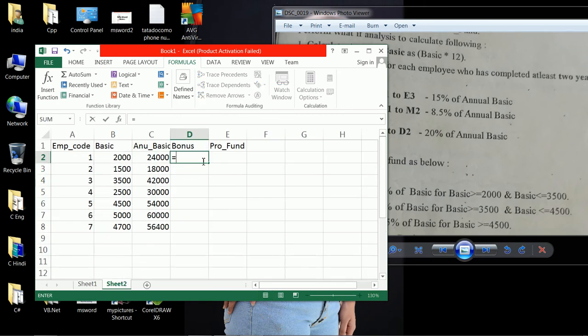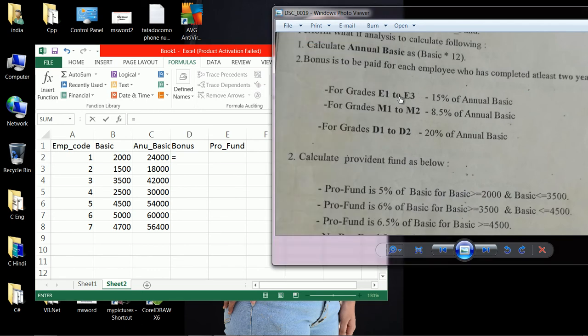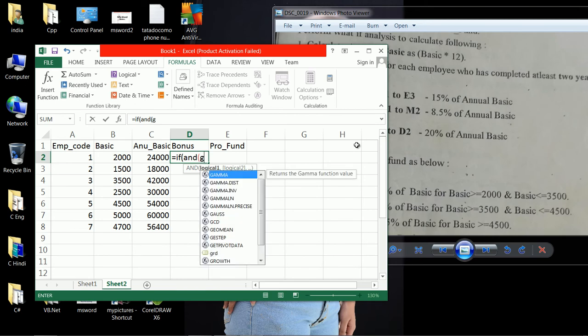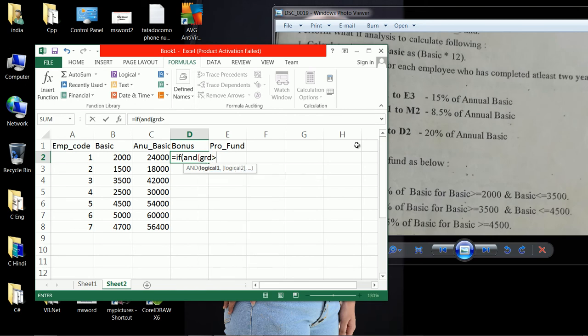Equal to, the first condition is if the grade is E1 to E3, then 15% of annual basic. Therefore here I use IF and the logical operator, GRD greater than or equal to, but here is alphabetical data, therefore use double quotes "E1", comma GRD, here the name should be displayed.